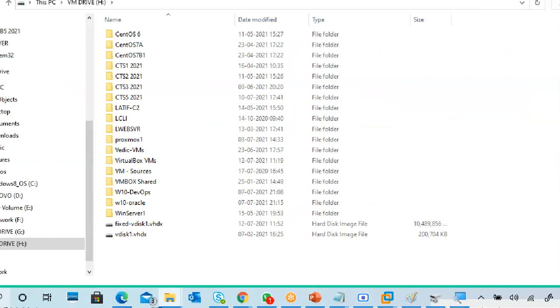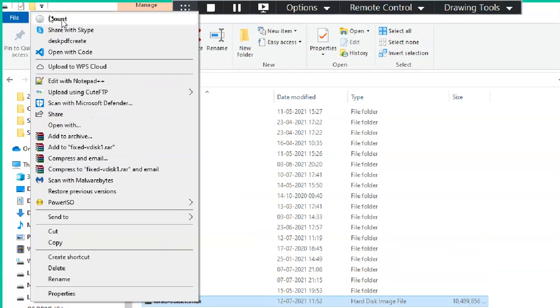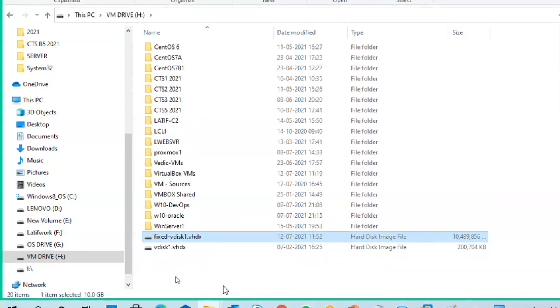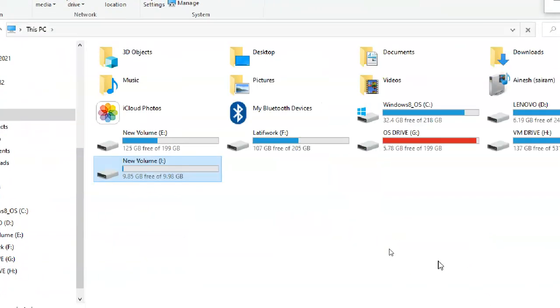But actually it is here only, but it is not attached. If you right click here, or maybe double click, you can click Mount, like a CD mount. Just click mount or double click on it, and you will get it back. See, this is the I drive.